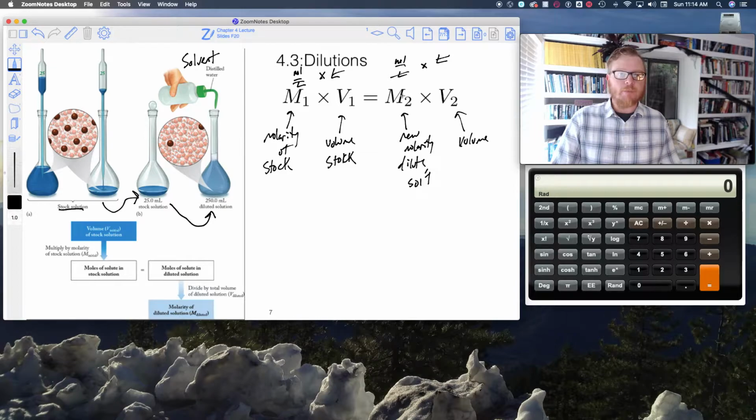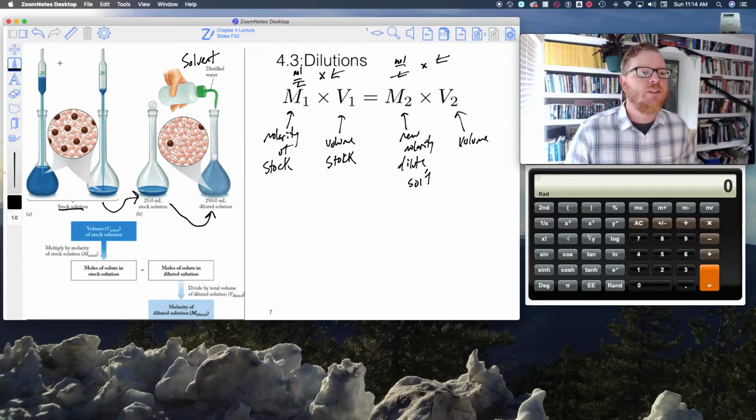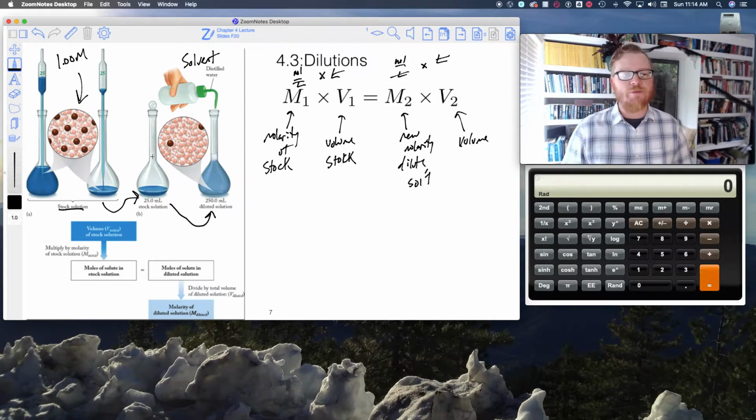Okay? So for example, if we work through this example, and let's just say, suppose this was 1.00 molar for our stock solution. Okay? And we do this thing where we go 25 mils of the stock solution diluted up to 250 mils of the new dilute solution. Okay? What's going to be the new concentration? So here's how we can do this. So we've got M1V1 equals M2V2. So my M1 would be 1.00